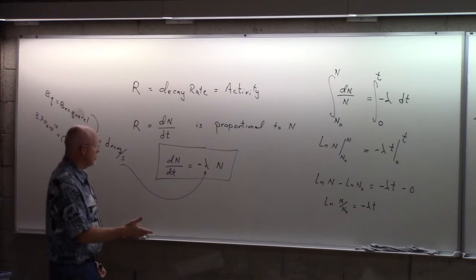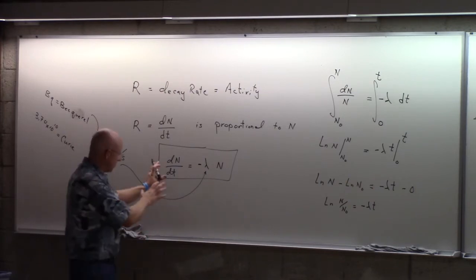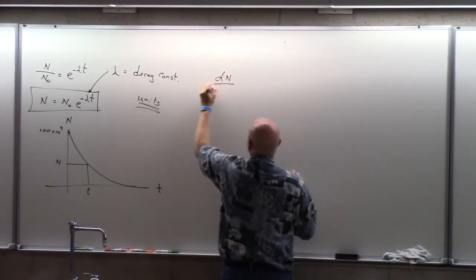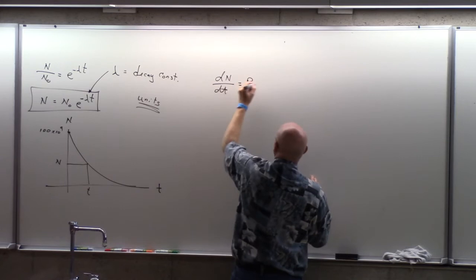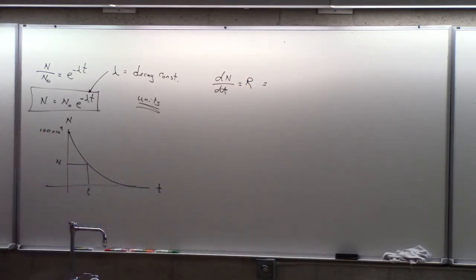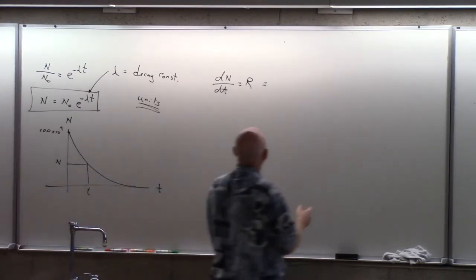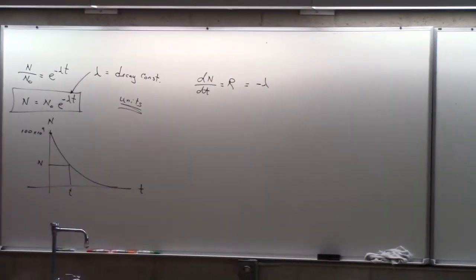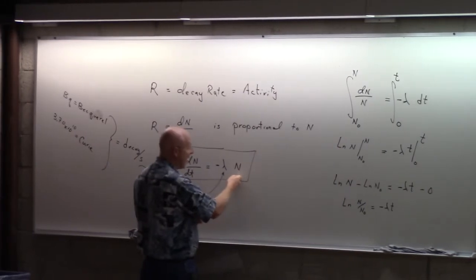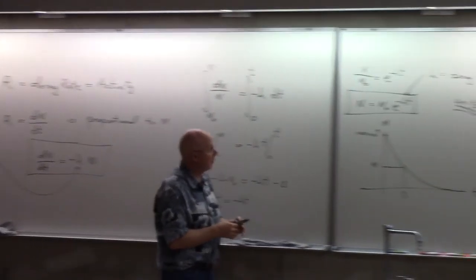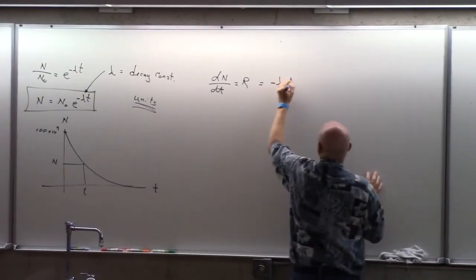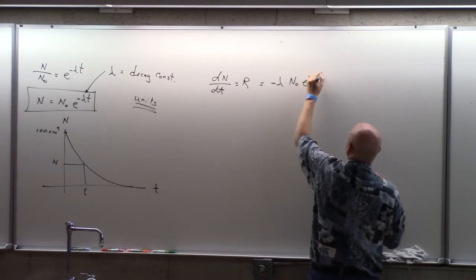But if you think of it in terms of rate, watch this equation. dN/dt, which I'll call the rate, is equal to minus alpha times the number. How many do you currently have? And if we put this equation in there for the current number that we have, N naught e to the minus alpha t,